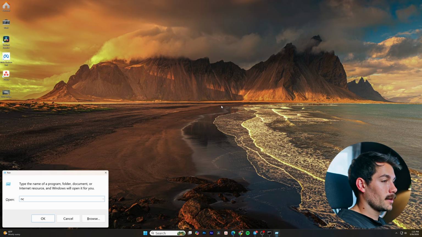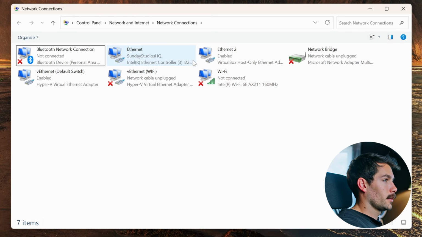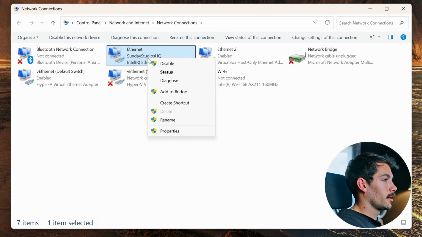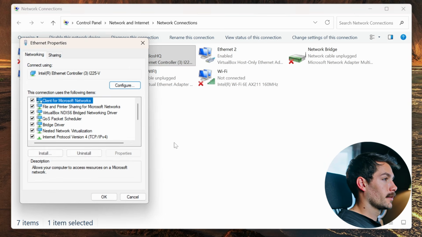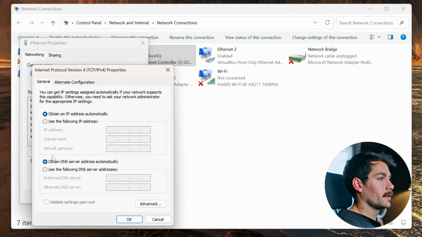All right, next step, let's go back into the run box. We're going to type in ncpa.cpl again. And what we're going to do here is right click into our adapter. Again, I'm using Ethernet, so this is my controller. If you're on Wi-Fi, you would do Wi-Fi. Right click into properties. And we're going to go into Internet Protocol version 4. Double click that. And where it says obtain a DNS server address automatically, we're actually going to use the following DNS server addresses. I'm going to set it to